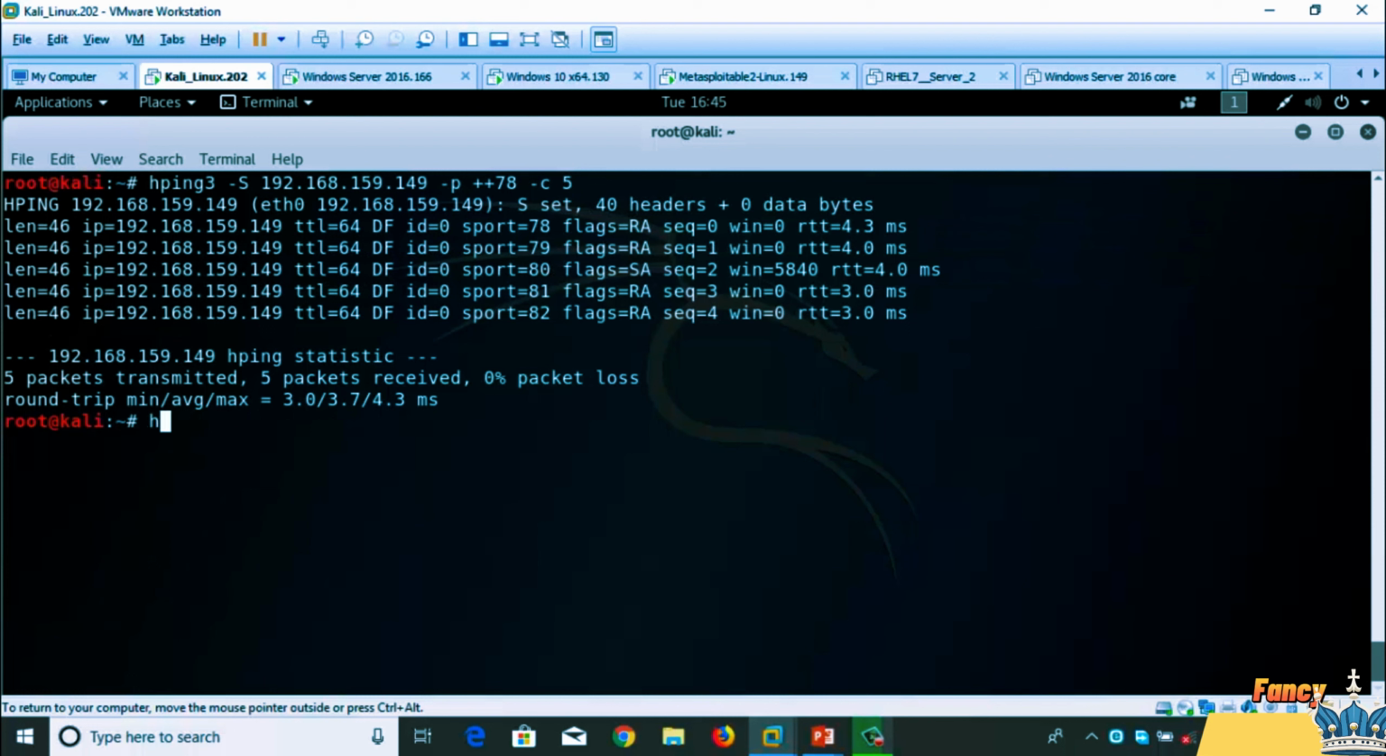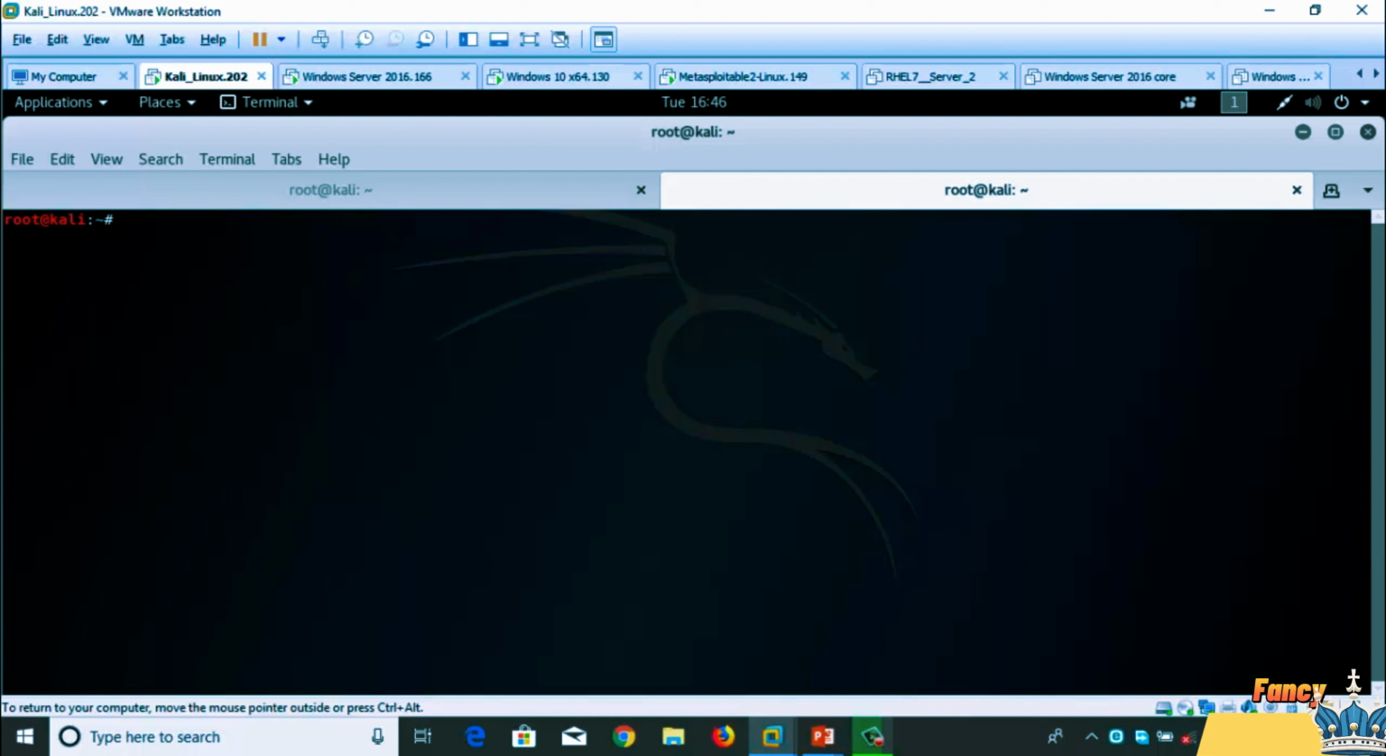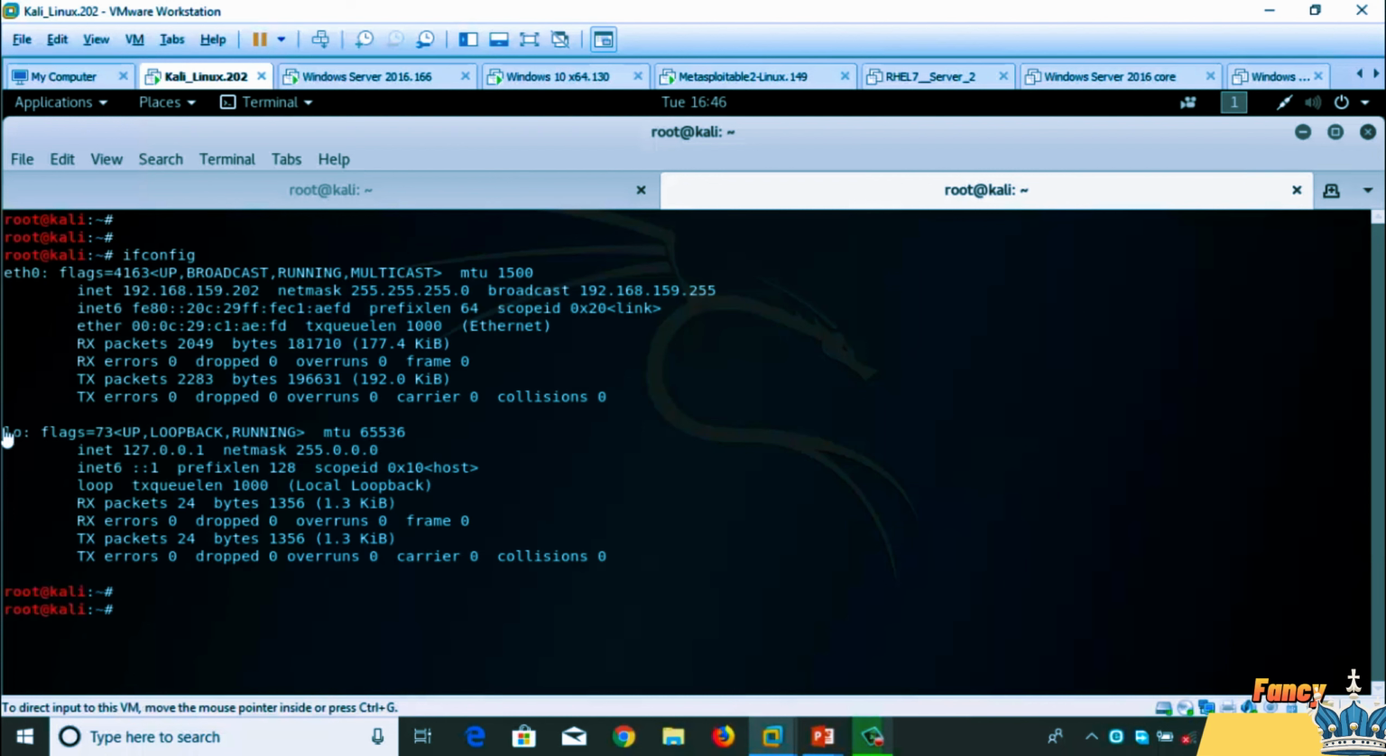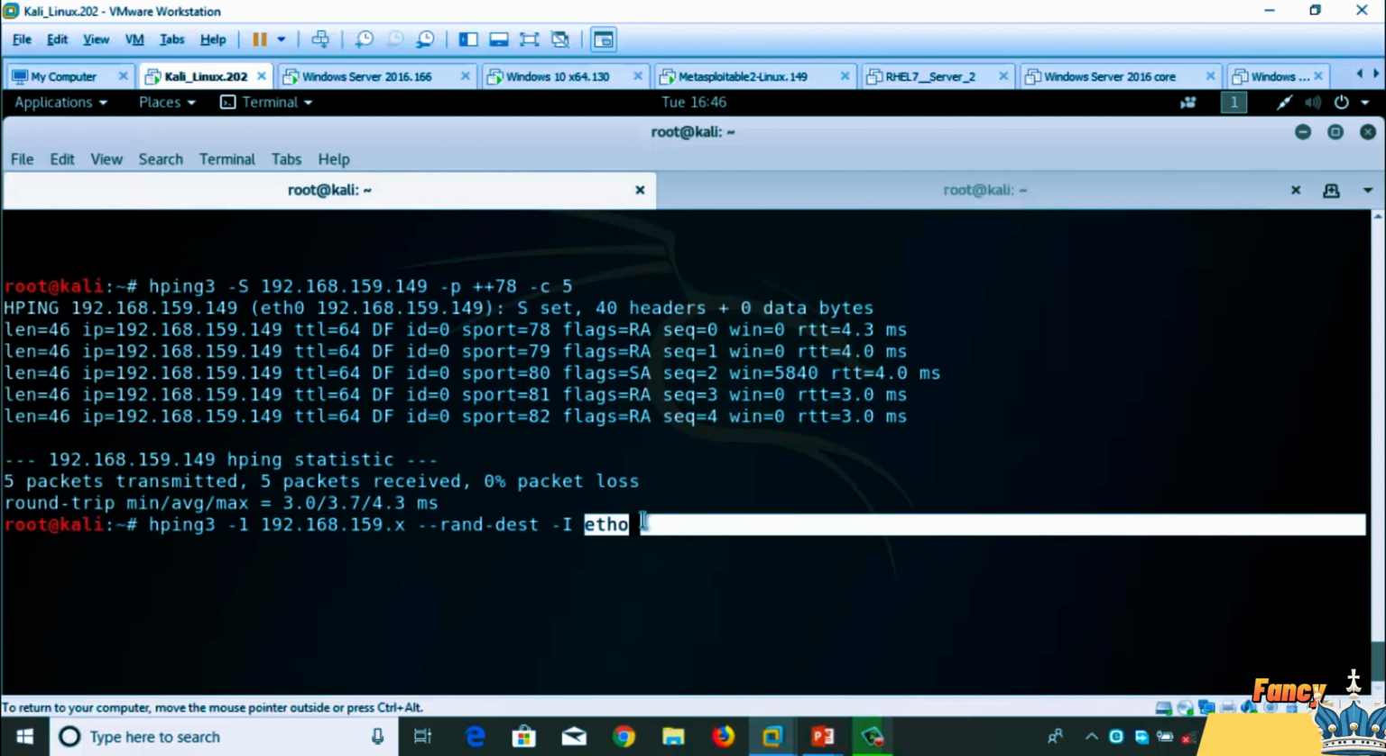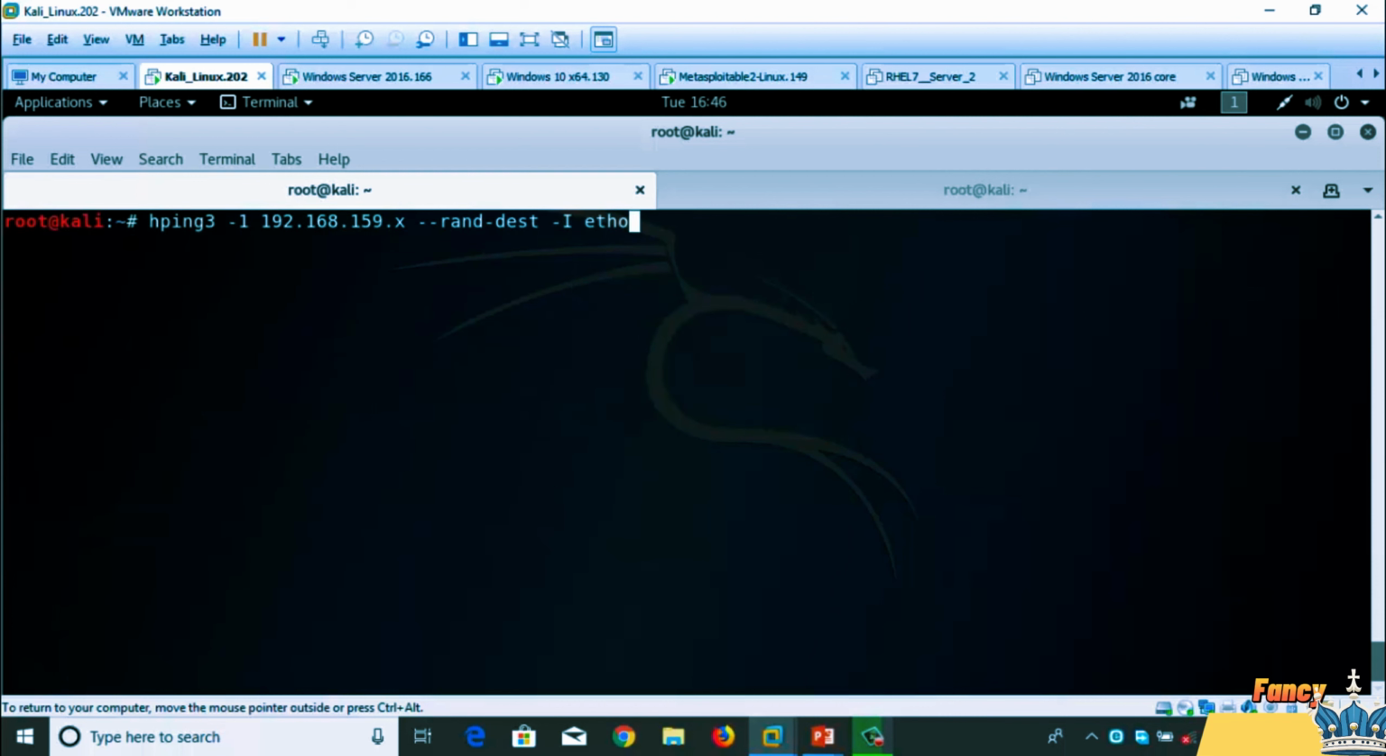Now let me use another command, hping3 192.168.159.x with -. Use your Ethernet card name. Open another terminal and you can check the Ethernet connection name is eth0. So I have defined eth0 here. It will randomly check live devices for the network